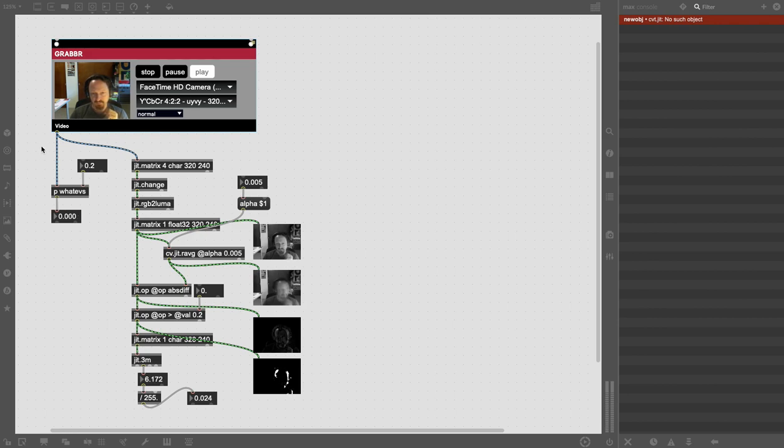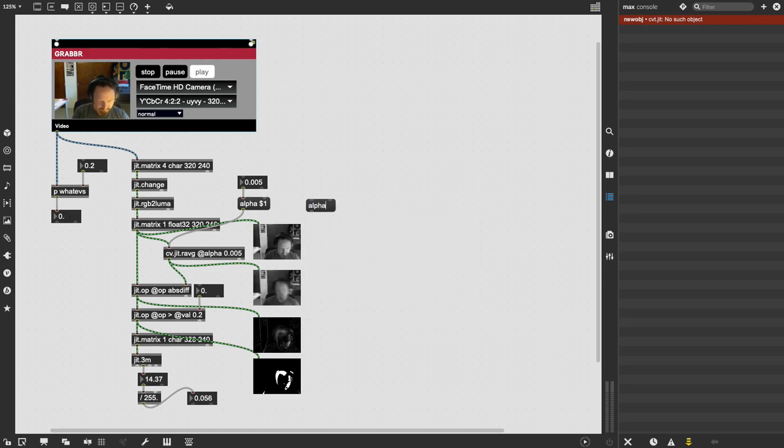All right. So one final thing, right? If you need to quickly reset your alpha, if you change something, you change the camera, you want to immediately reset it, we can do that by tricking the average just by switching our alpha values, right? So if I put another message over here, alpha 1, that's going to be like an instantaneous background. So I can move something, hit alpha 1, it will reset it, and then go back to my other value,